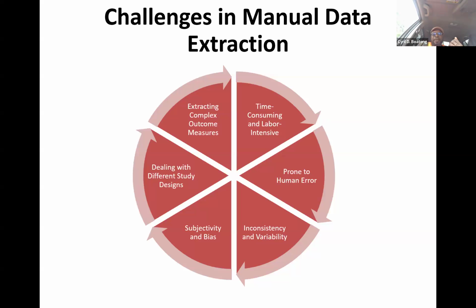You could also have your subjectivity and bias, and I've mentioned this already. You like somebody's English, but you don't like the way somebody else has written his paper because of the English or because of the way he structured his paper. So you are not really enthused about taking data from there. That can also happen. And then you are dealing with different study designs because, again, papers are written by different people from different labs, from different countries around the world, and maybe the structure of their study is even different.